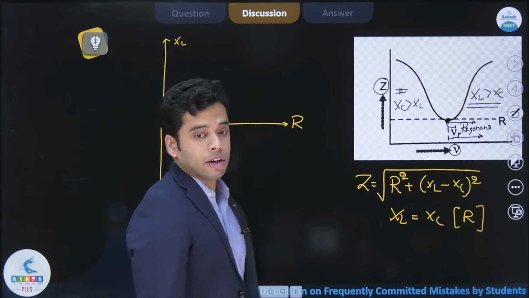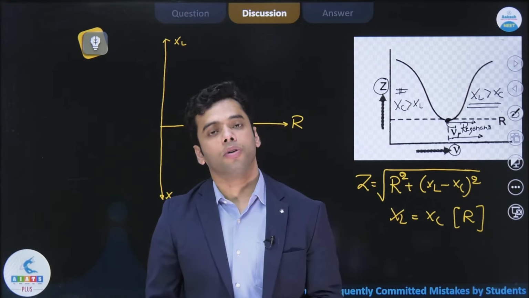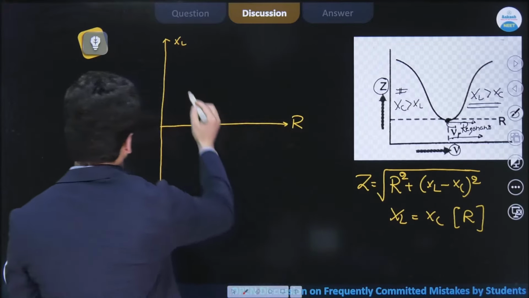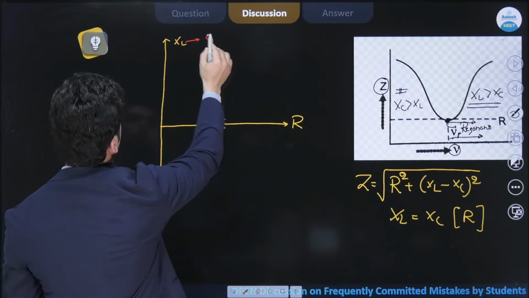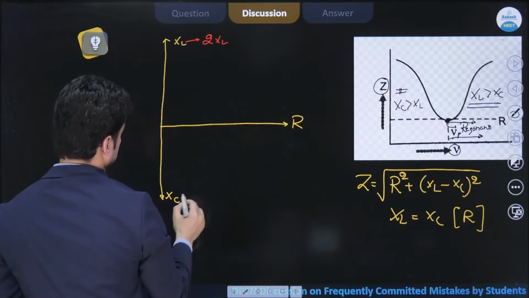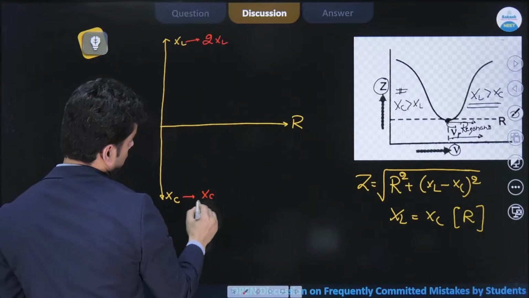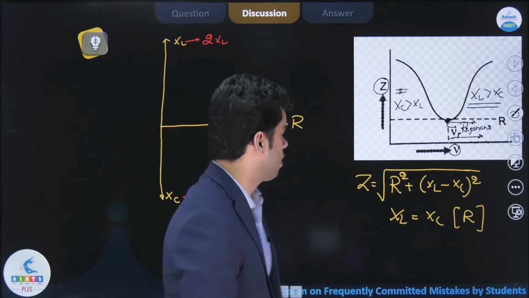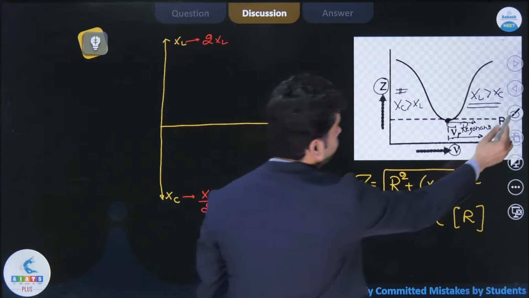चलिए, अब रेजोनेंस फ्रीक्वेंसी के केस में XL इक्वल टू XC था. अब आपने उसको ट्वाइस इंक्रीज कर दिया. इसका मतलब ये जो नया XL है, दिस हैज चेंज टू 2 टाइम्स ऑफ XL एंड दिस XC इट चेंजेस टू XC बाय 2. ये कैसे आया? 2 टाइम्स XL और XC कैसे आया? देखें